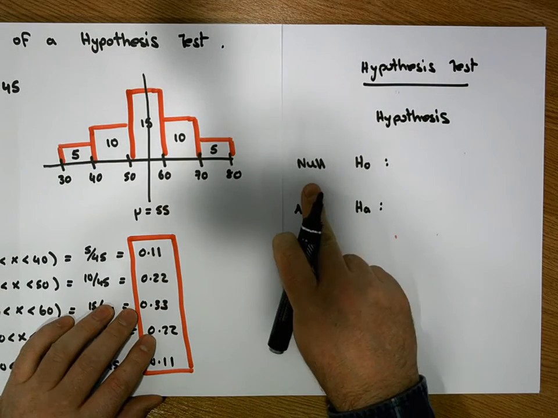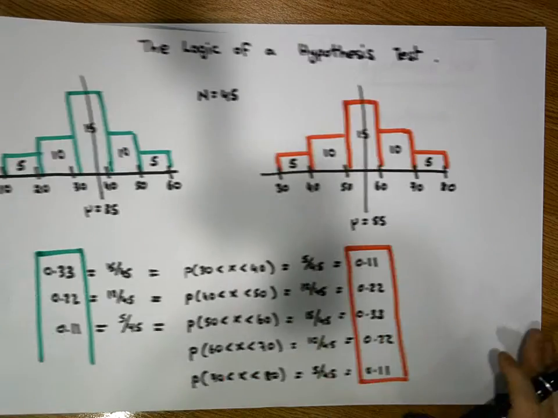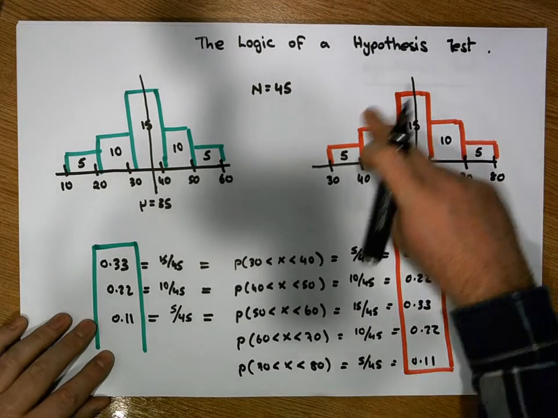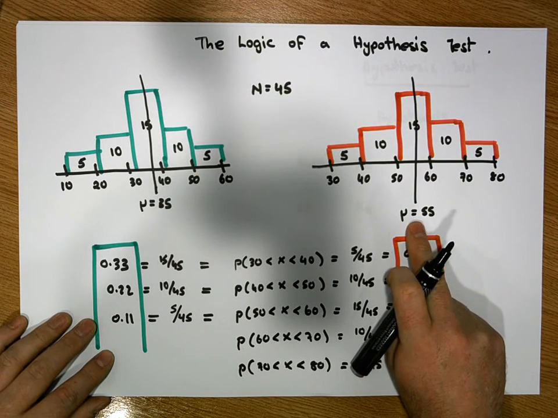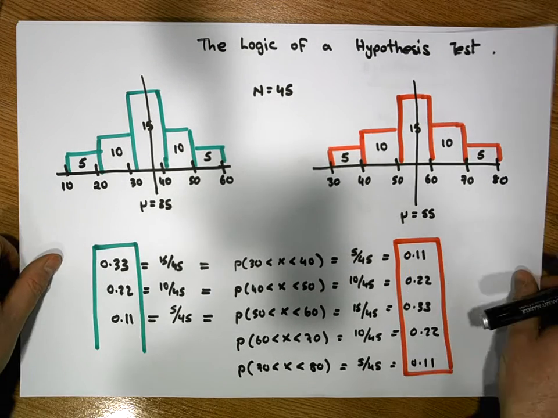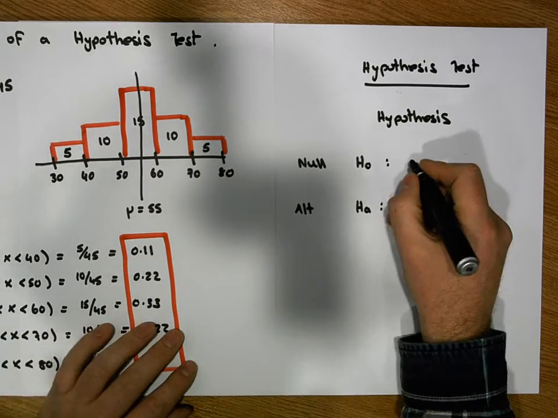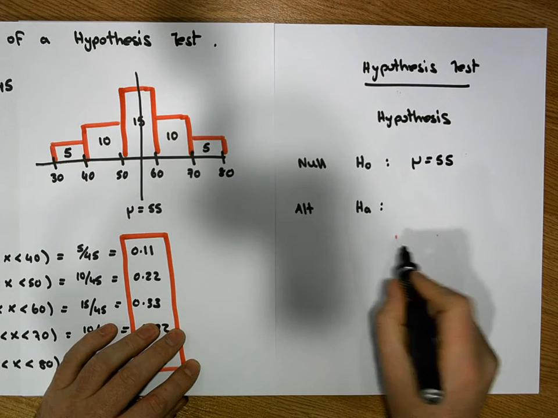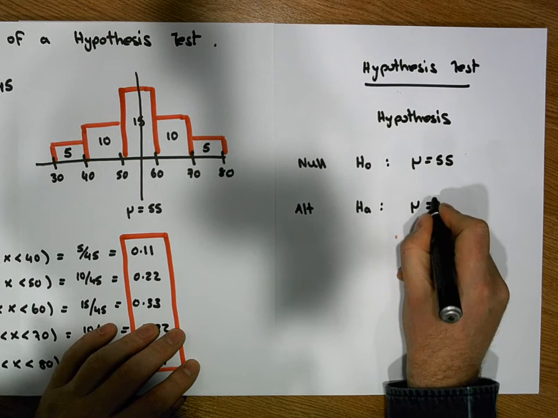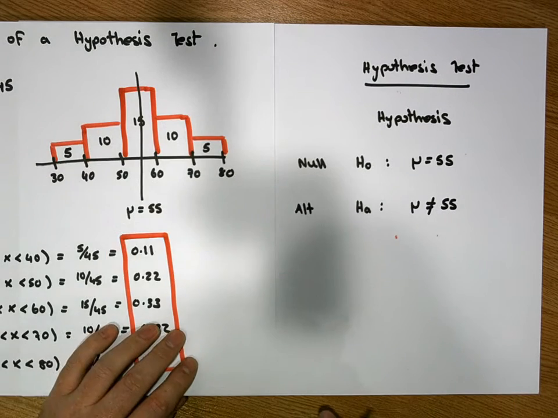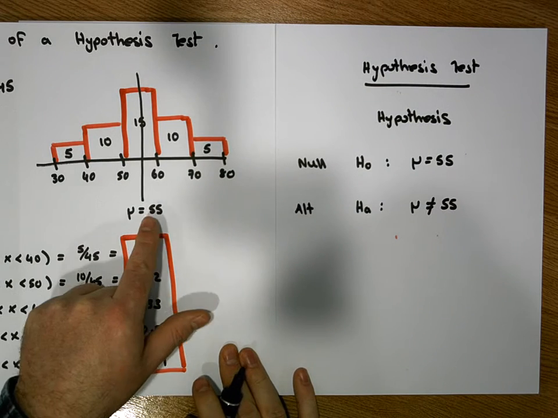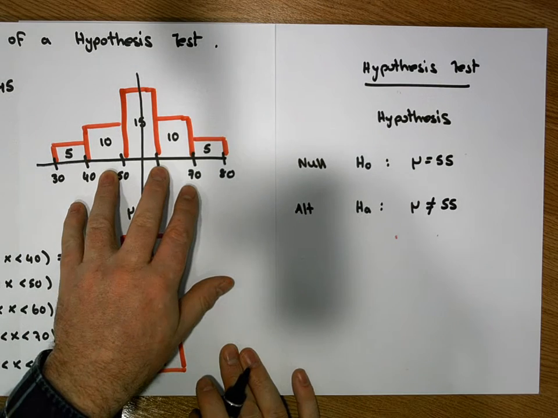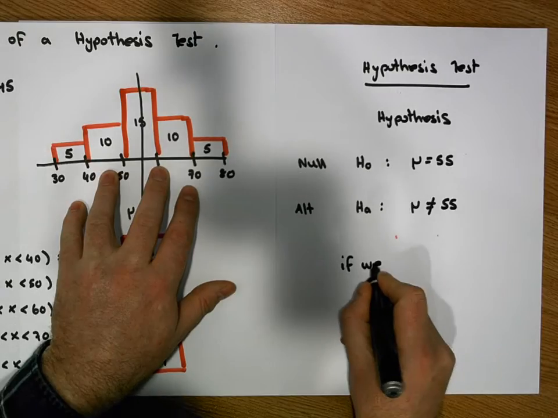The null position is something that we assume to be true. So in this particular situation, I assume that the population that I'm selecting from has an average value, or a mean value, of 55. That's the null position. The alternative position would be that the population doesn't have a value of 55. So if I assume that the population has a value of 55, and I randomly select from that population,